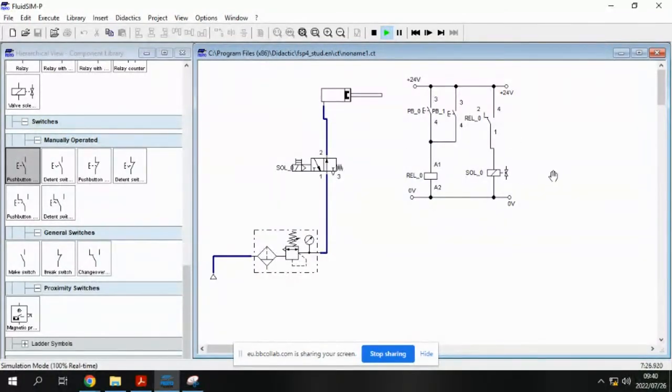Then the changeover switch represents a whole relay basically. So if this needs to supply 24 volts, that's where the electrical connection is actually represented. I think this one pushes up to 230 volts,